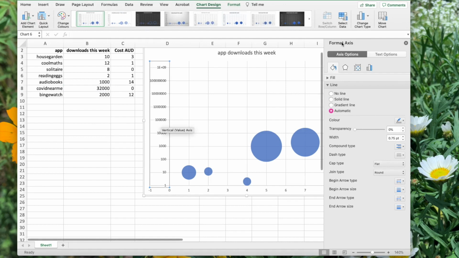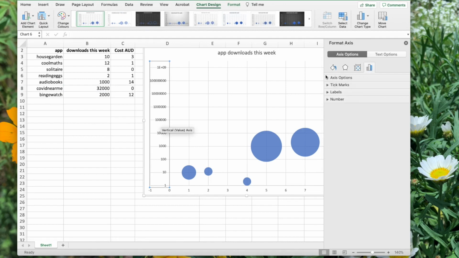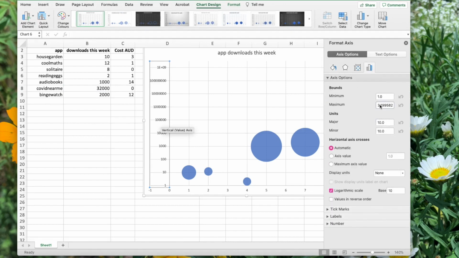So coming back to format axis, axis options. Let's change. Our minimum is 2. Minimum 2 downloads, so to have a minimum there of 1 makes sense. That's fine. Our maximum though is 32,000, and here it's saying that it's infinity. This maximum is incorrect, so whatever. Oh no, there it goes. It goes to infinity, E9. So we can change that to